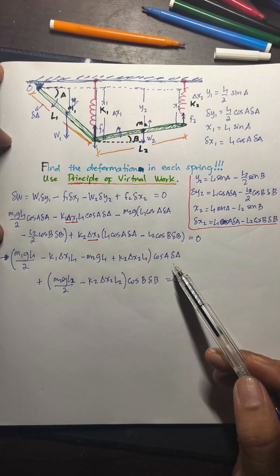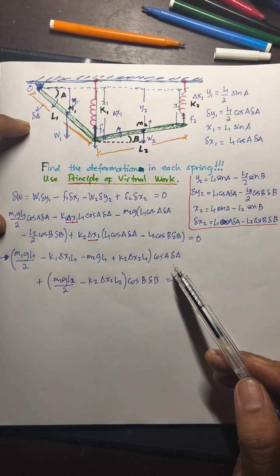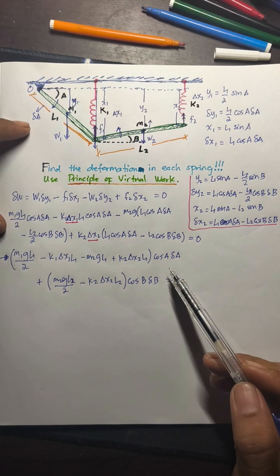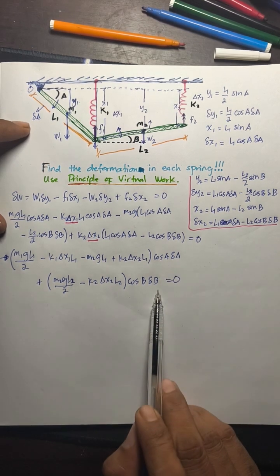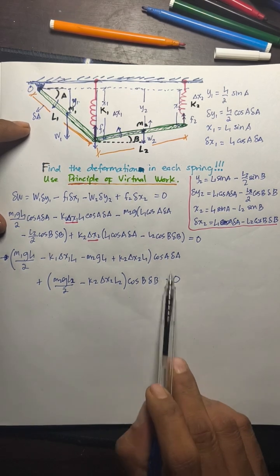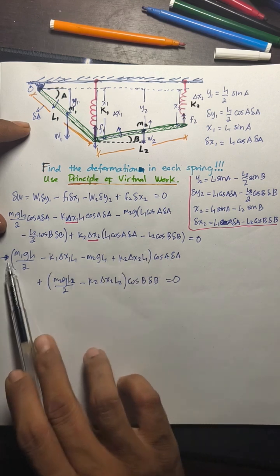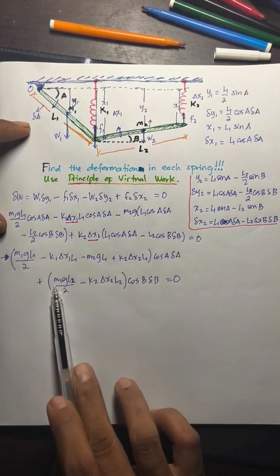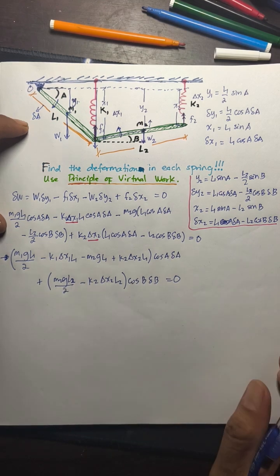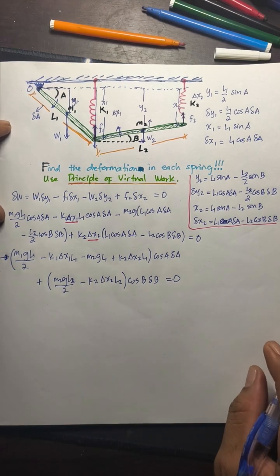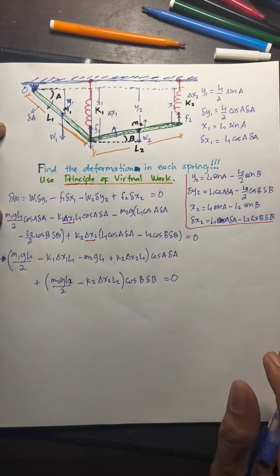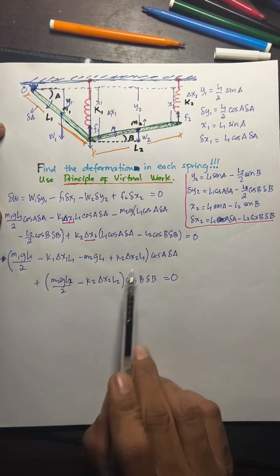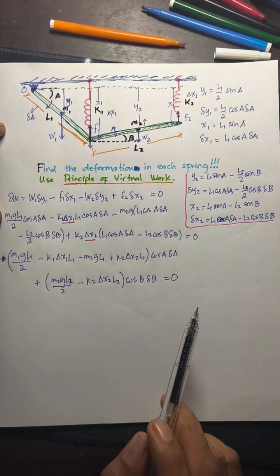So if you have a linearly independent linear combination of vectors, in which the bases are delta A and delta B, if this is equal to 0, the only possibility is that the coefficients, which is this, including cosine A, is 0, and this is also 0. This is because of the nature of the linear combination of vectors. Meaning that this whole thing here is 0, and this whole thing is 0.